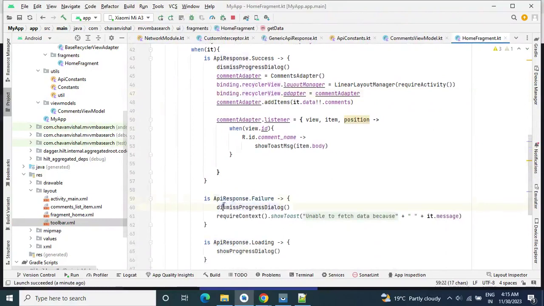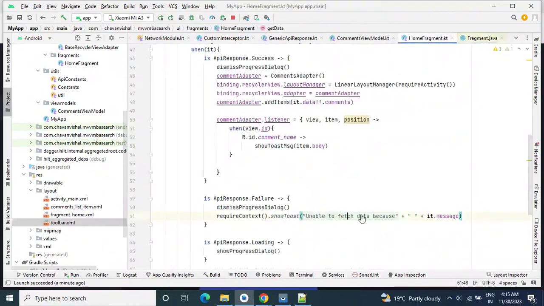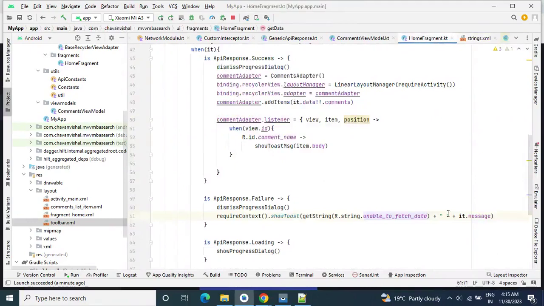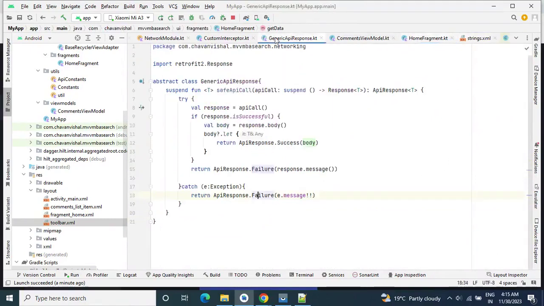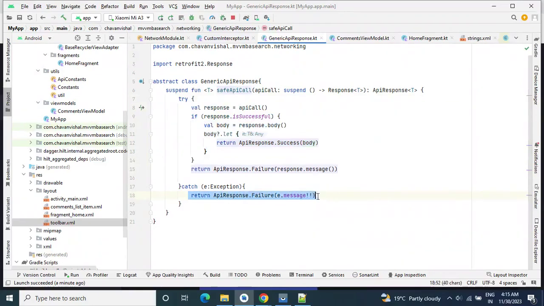Here first we are dismissing the progress dialog and we are showing unable to fetch data, with the message we are sending as no internet connection detected. Same, if we get success, then success will get executed. If there is some issue, then failure, and if we get any error in this try block, then also we are sending this failure.